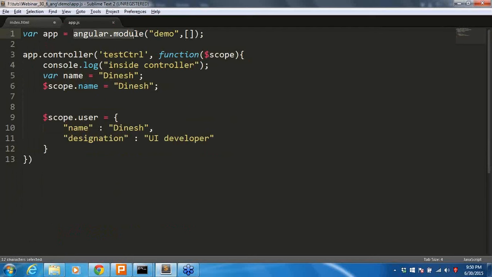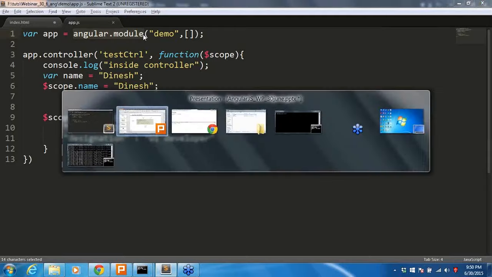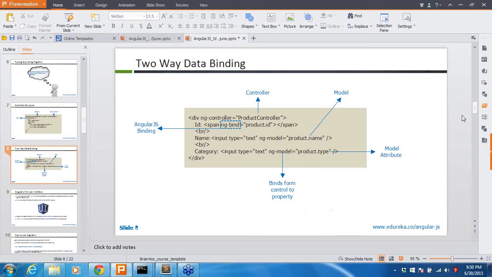This is how we declare a module in AngularJS. You can declare multiple modules to segregate your application. You can create a number of modules, then inject a particular module into another module. That is possible, but you should not create multiple ng-apps in an AngularJS application. Did I answer your question, Abdul?